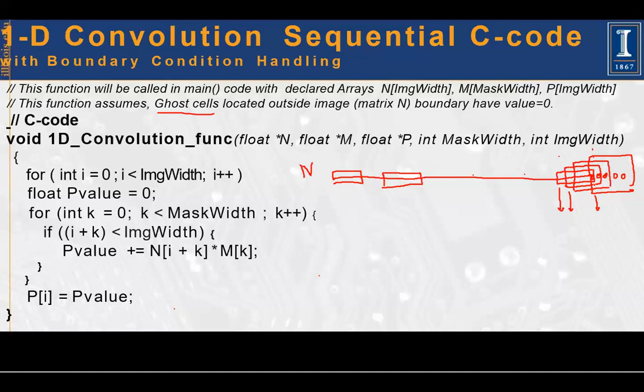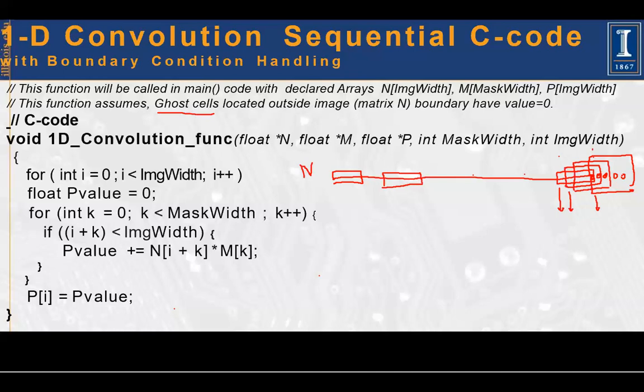So if the mask size is 5, in one case you will have 1 ghost cell, in another calculation you will have 2 ghost cells, in another 3 ghost cells, and worst case 4 ghost cells. So you will have worst case maybe m minus 1 ghost cells. And whenever there is a ghost cell, we assume there is a value of 0 in the ghost cell. Sometimes people say, okay, we will assume whatever is the last value of the array is the same value in the ghost cell. That is one case people assume, but we will assume that in all these ghost cells, when the window is placed, there is a 0 there.